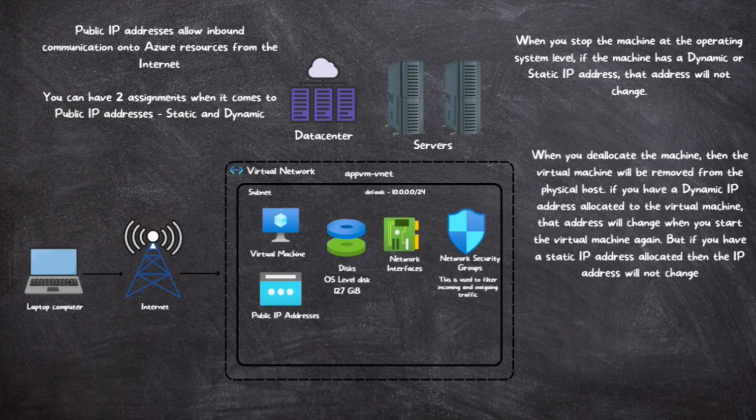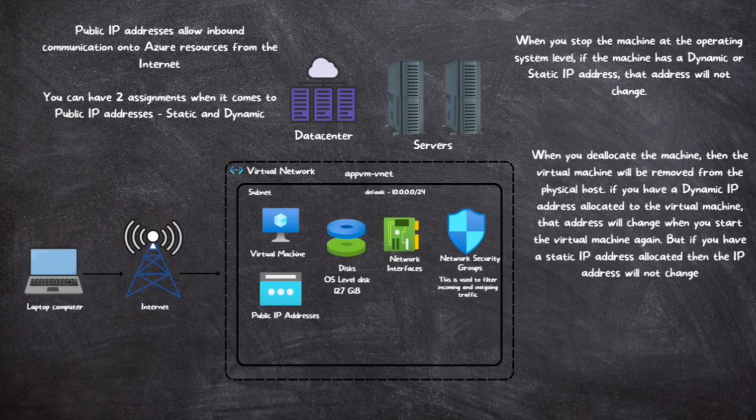When you create a virtual machine in Azure, the wizard automatically assigns a public IP address to it as a resource. This public IP address enables inbound communication to your machine from the internet. For example, you can remote desktop, which means RDP, into your virtual machine from your laptop or desktop. If you have installed a service like Internet Information Services, which means IIS, it allows you to access the web server hosted on the machine. In essence, the public IP address exposes your virtual machine to the internet,